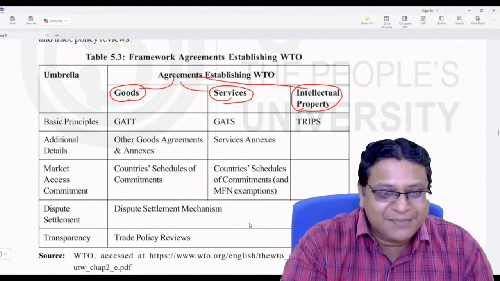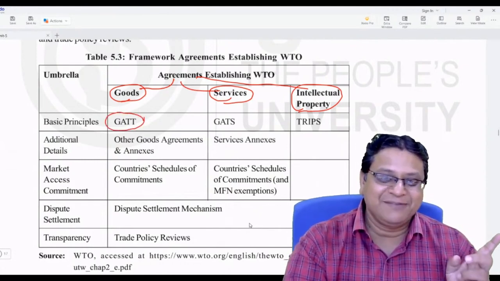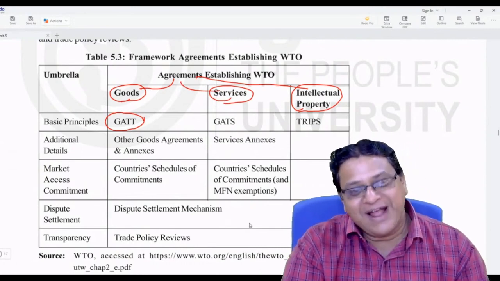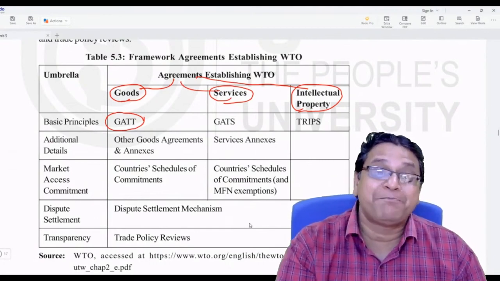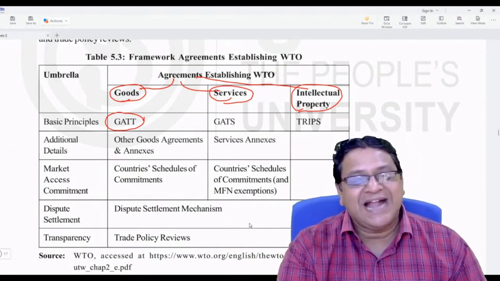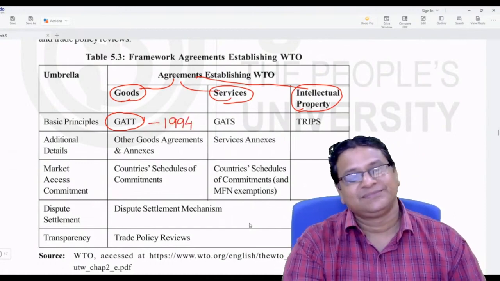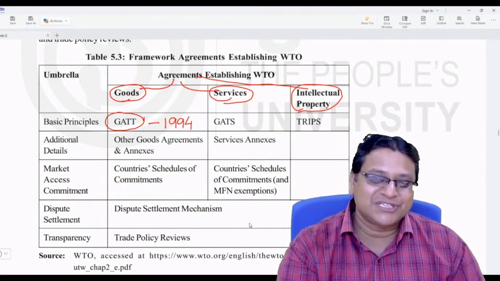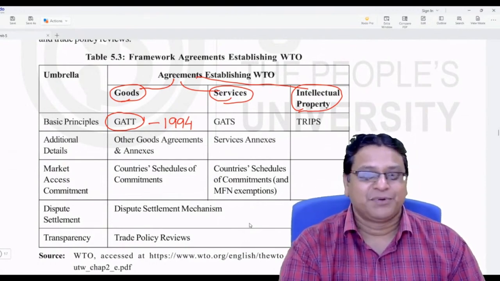The goods related agreement is known as GATT. We have discussed what is GATT. GATT was there from 1947 to 1994. But once WTO was framed, GATT lost its relevance. But GATT became a part of WTO. This is the most important agreement of WTO, that is the GATT agreement. But this GATT is GATT 1994, not the old GATT, which consists of all rules and regulations that were there from 1947